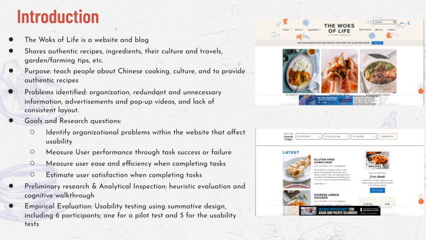However, we did identify some problems with this website, those being organization, redundant and unnecessary information, constant advertisements and pop-ups, and a lack of a consistent website design layout. This leads us to our goals and research questions, which are identify organizational problems within the website that affects usability, measure user performance through task success or failure, measure user ease and efficiency when completing tasks, and estimating user satisfaction